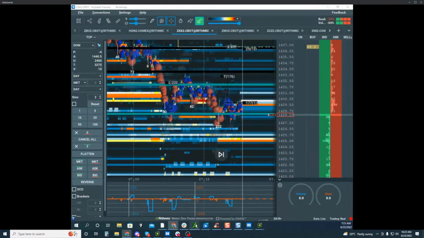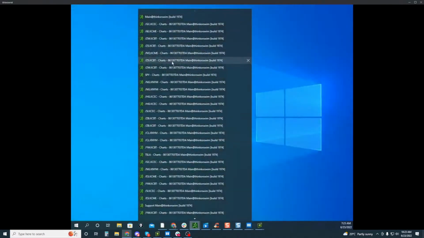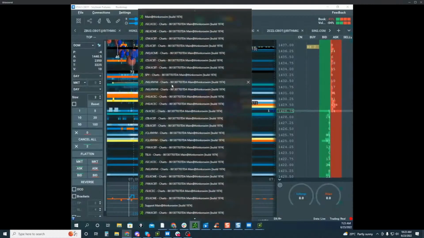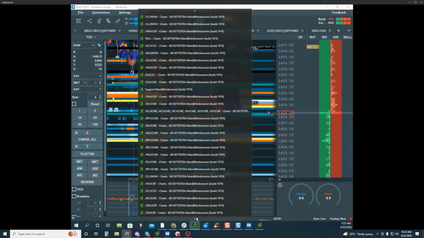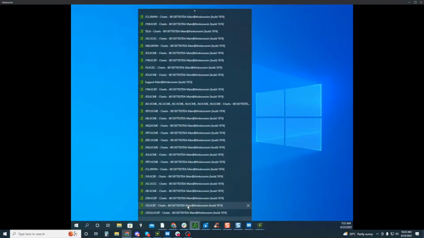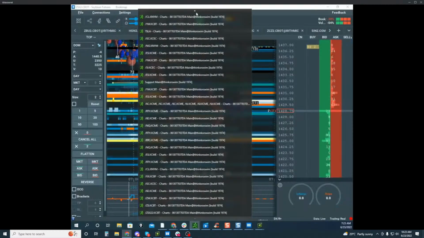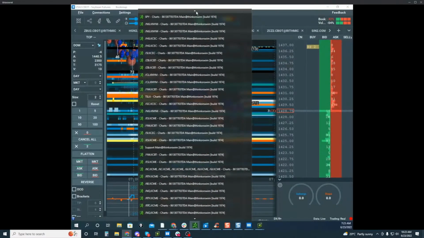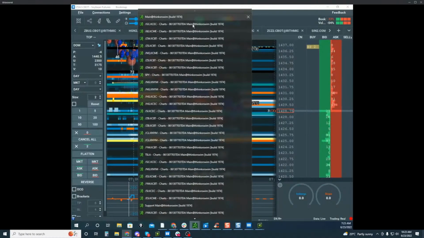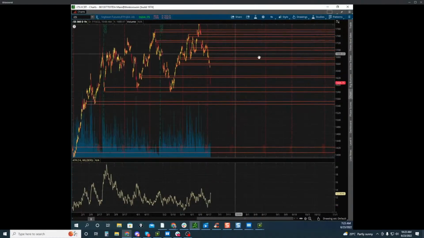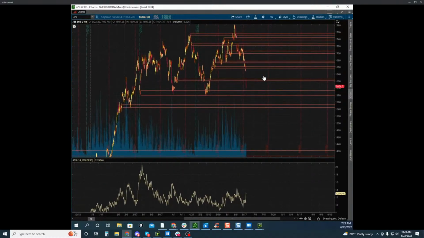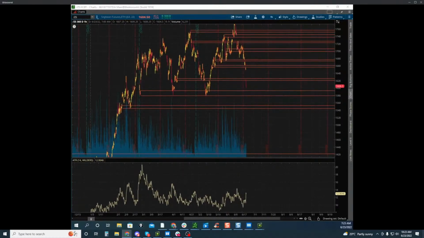So let's look at the bigger picture stuff here too. Find my chart here. That's not it. Struggling today, guys. Sorry. So this is actually the November contract. No. This is July contract. So I don't have my zones drawn in November yet because it just rolled, but